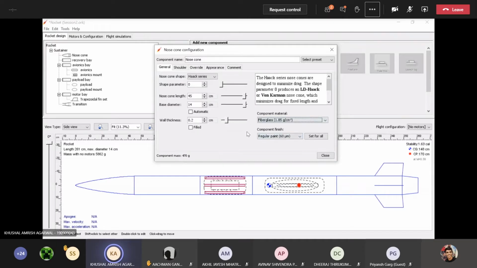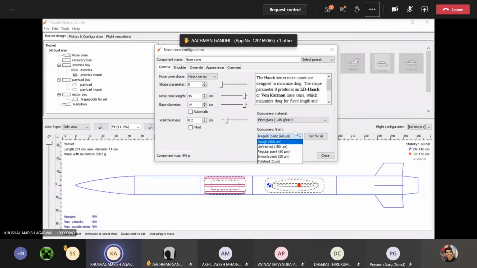And there is something called component finish as well. Can you all see this? Yeah. Okay. What component finish basically means is that once you have manufactured the component, there will be some surface irregularities.